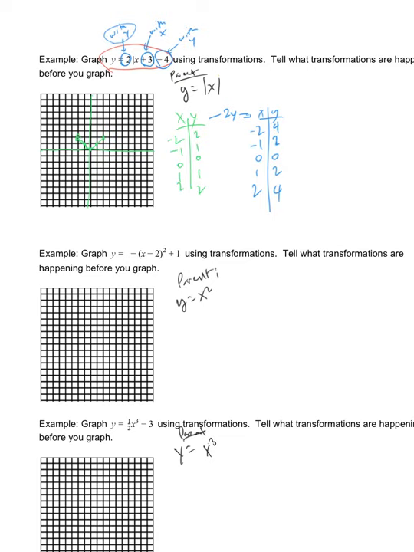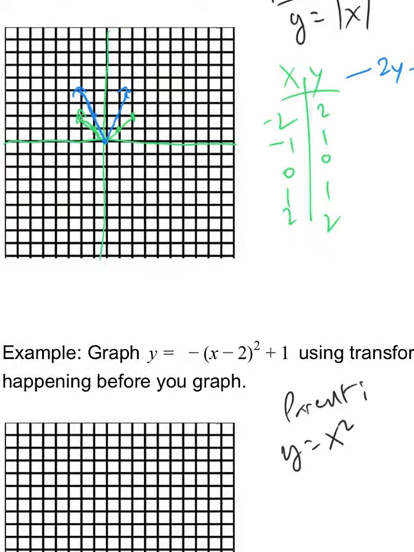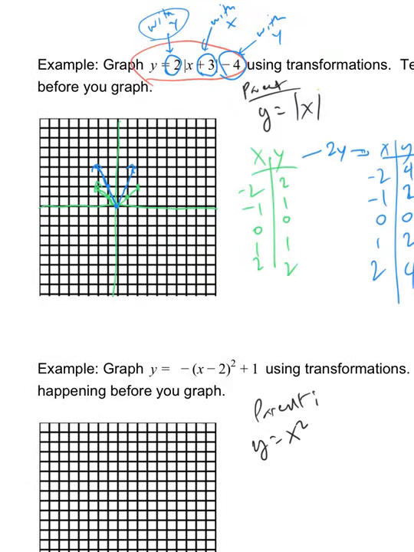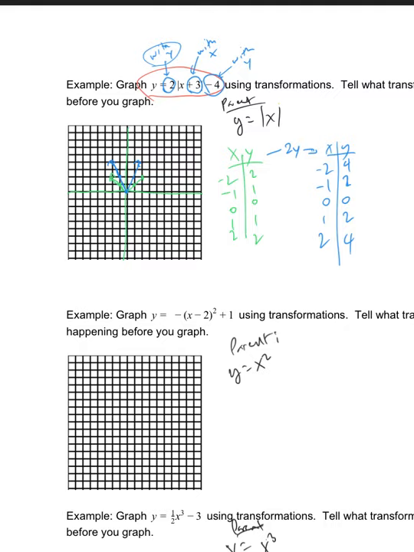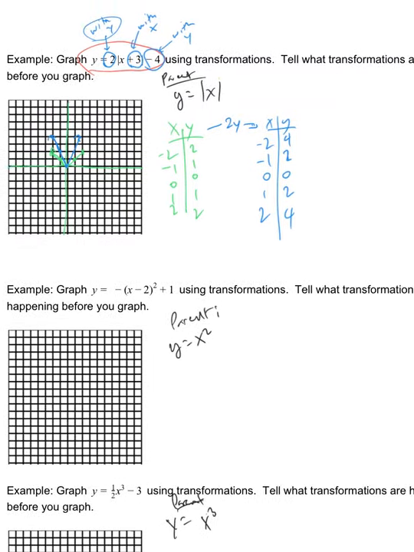So I would plot those, and if you look at that graph, you can see that it looks like it got grabbed by the bottom and the top and basically stretched. It's a vertical dilation. Now, that's the dilation step. So now we're ready to draw the final graph, meaning we need to work in these